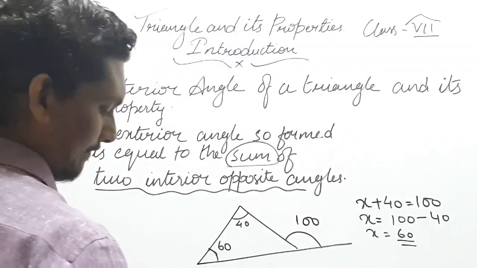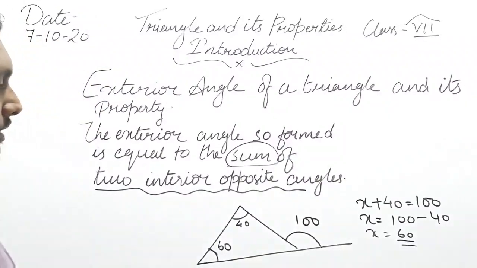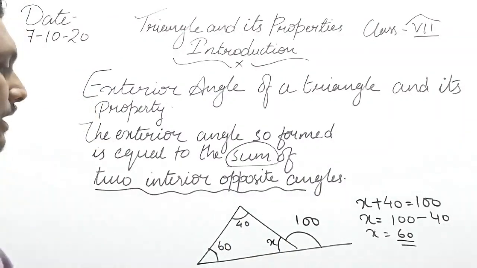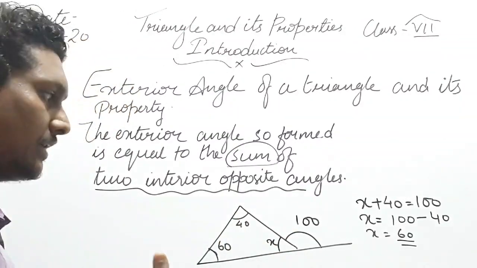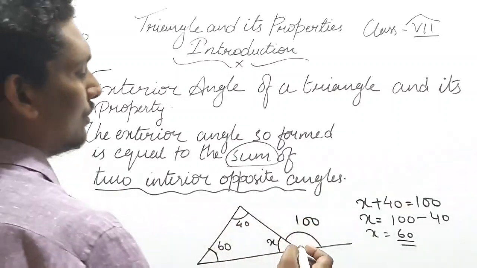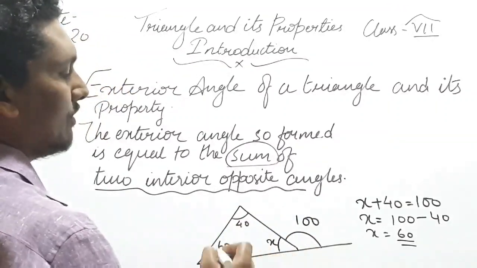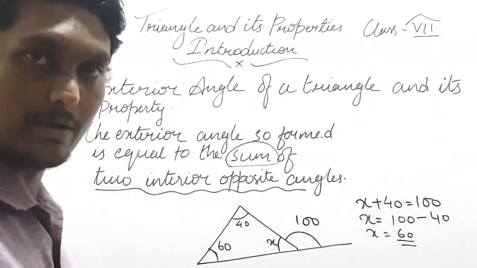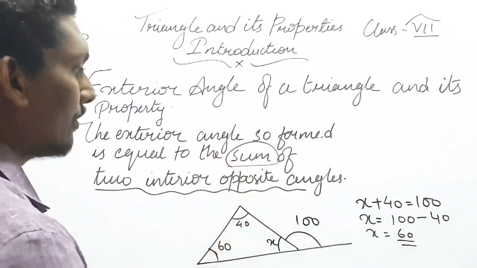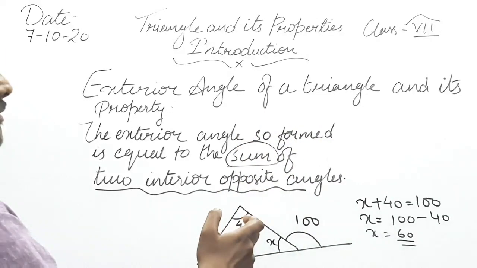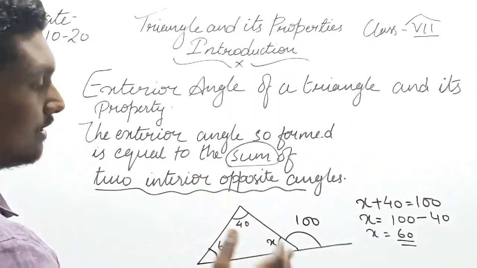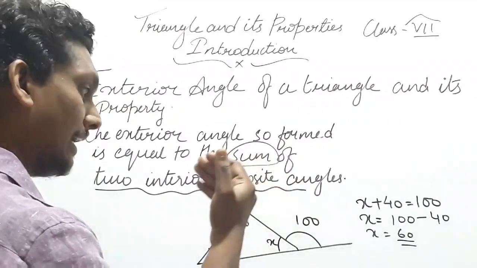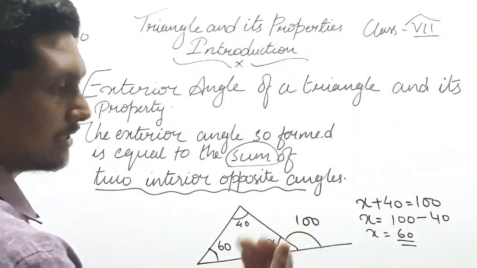And one more question will be there. Suppose in the same question, this we have to find. Here we have to use the angle sum property. We will discuss it in the next topic, don't worry. Sometimes the question will be like this also, and this type of question we will discuss in the next topic. Okay, hope this is clear to you. Exterior angle property: the sum of two interior opposite angles gives the exterior angle, and how to find the interior angle when the exterior angle is given to you.